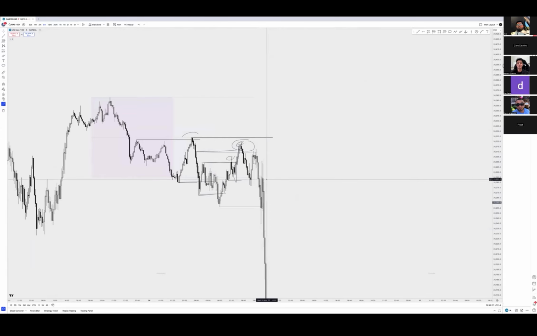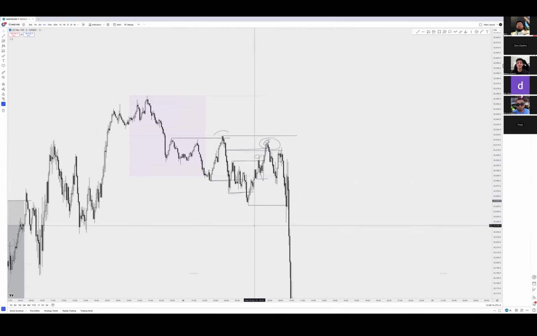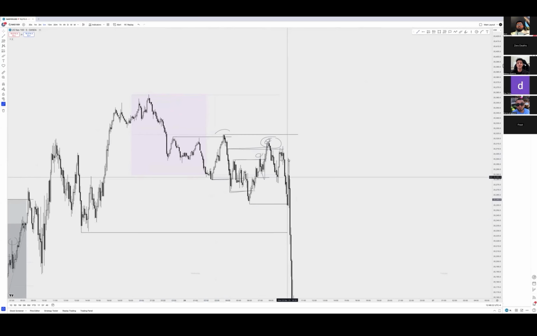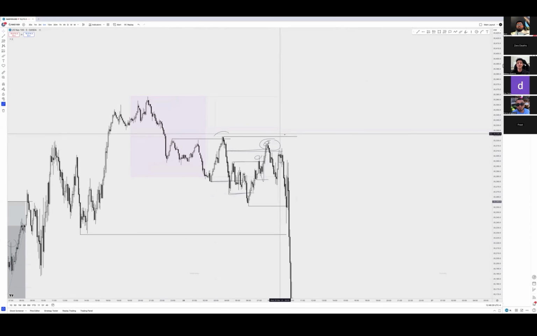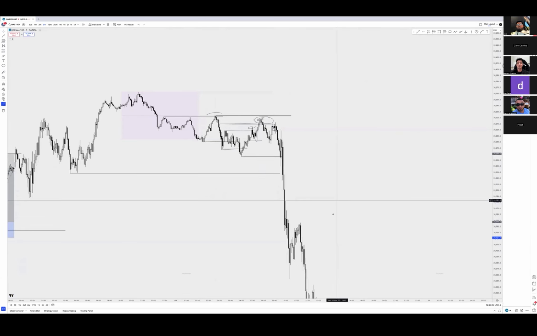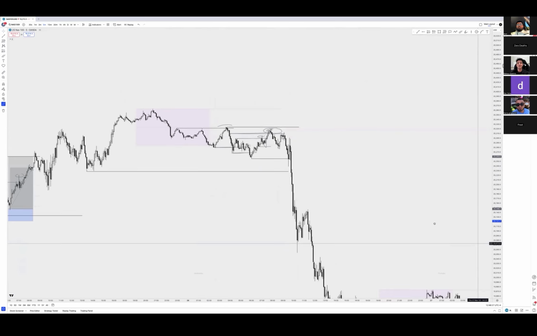I personally wouldn't really like it, to be honest. I mean, yes, this whole area is a trap, and it hasn't really taken out the trap, so it makes sense why it should short from here. But my eyes were just up here. There's a shit ton of liquidity there, so I said I ain't taking anything there. And then obviously this whole move happens, and I sat there like, damn.